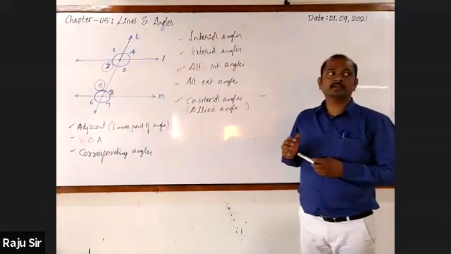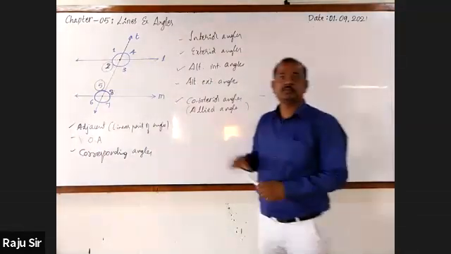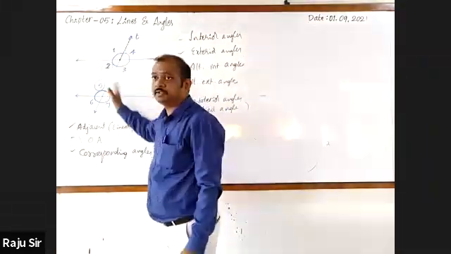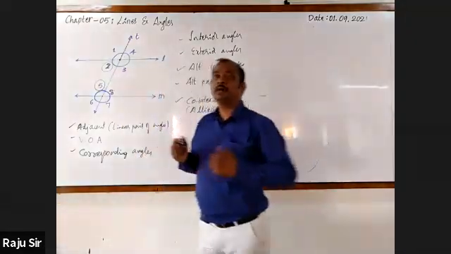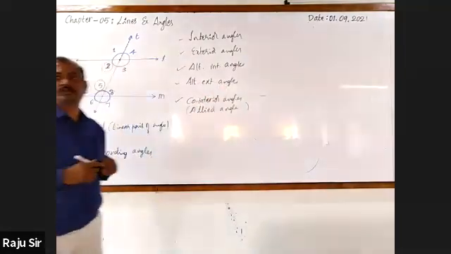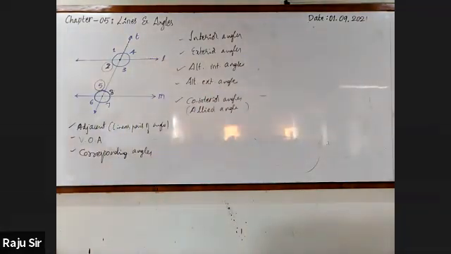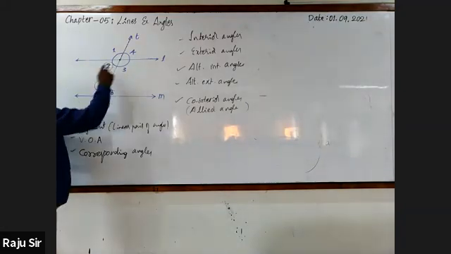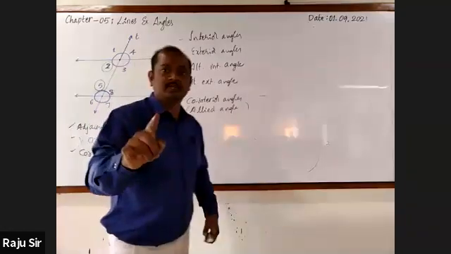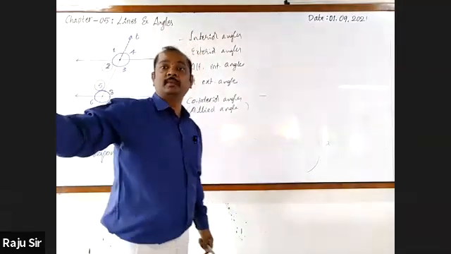Any more angles? These are the possible types of angles that are formed by the transversal. And now I'm going to ask you some questions. You have to answer with respect to these angles. Only this first column. 1 and 3. Vertically opposite. No, you don't tell; afterwards, I'll give you a chance as well.